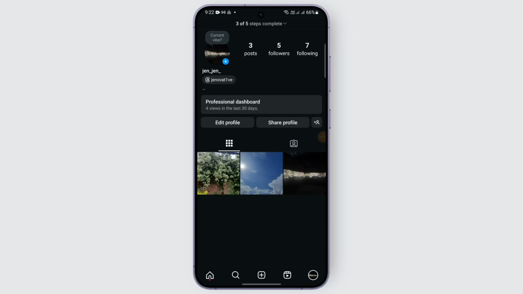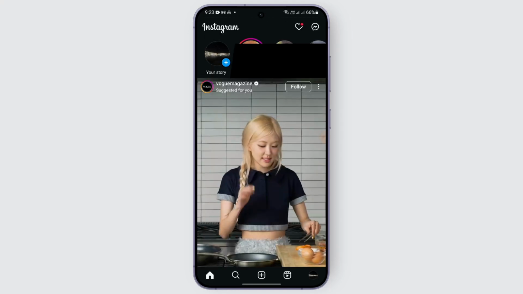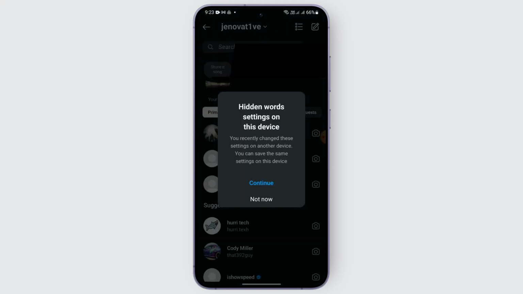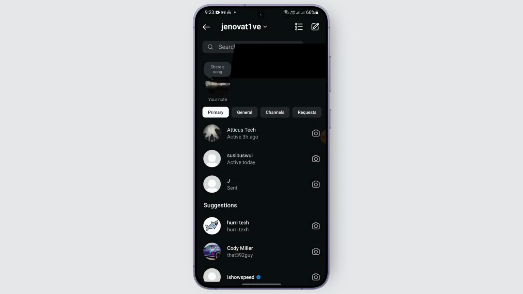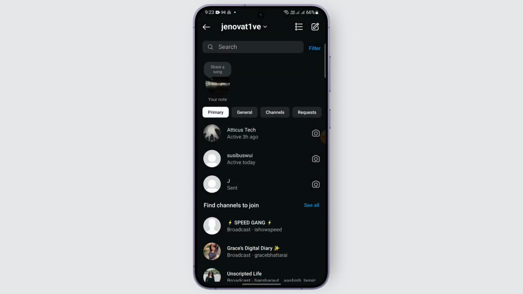After setting up your professional account, what you can do is just get back to the home page, tap on the chat section and tap on not now. And here you can see how you get the feature of primary, general, channels and request options easily just by converting your account into a professional account. So just by converting your personal account into a professional account, you get this feature of primary